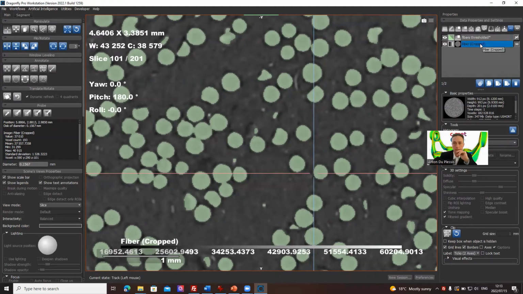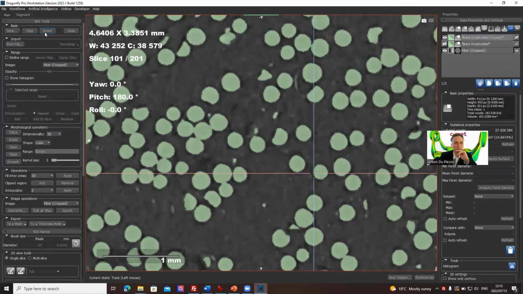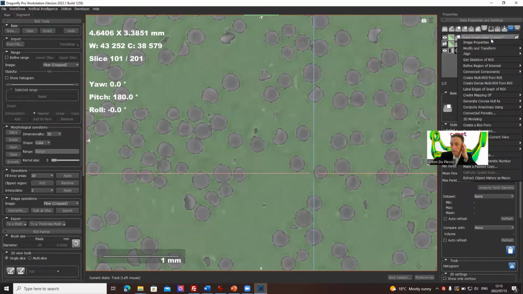So what we need here is we need to take this threshold. Let's make a copy of it, because, did I click on it? Okay, there we go. Because this copied version now, let's just keep the original one there. This copied version, I want to make an invert. So I want this background to be this. And the reason for that is we're going to select, right click on it and create a mapping of a